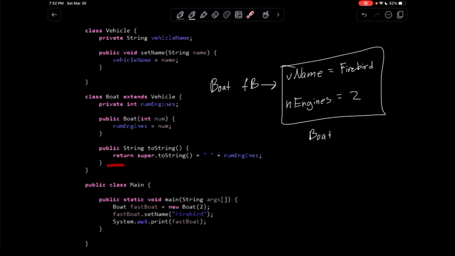So I'm returning now. Here's the traveling part, right? I'm returning super.toString. What does super mean? It means the parent class. So how does this read? It says return the super class's toString call plus num engines. So the super class, the parent class, vehicle, however you want to describe it. So super.toString means let's go to vehicle and see what toString it sees. I don't have an explicit toString inside vehicle, so what am I going to do? I'm going to call Java's default toString,